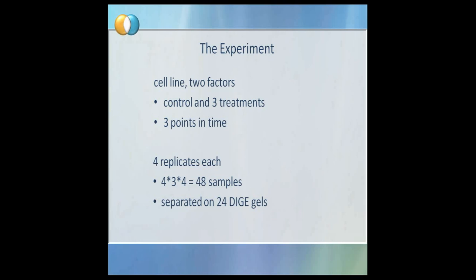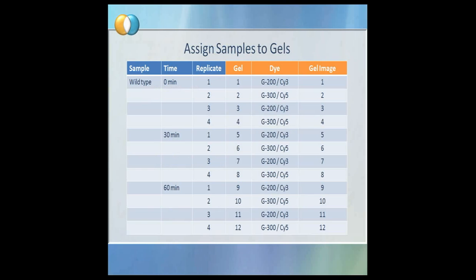Running 48 samples means if we use a multiplex approach using an internal standard, we need 24 dyed gels, and of course we then have to think about how to assign samples to the gels and to the dyes that we use. Just as an example, this is only the table for the wild type. For the first original cell line we have 3 points in times with 4 replicates each, and they are all